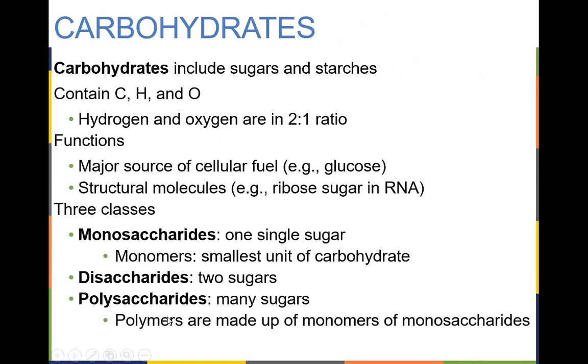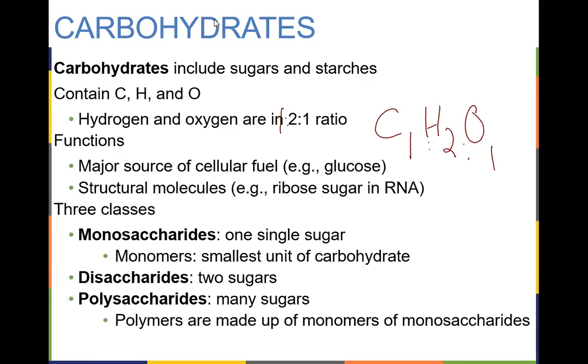Now, carbohydrates are what we use for our fuel source in our bodies. This is the first of the organic molecules. Carbohydrates are made up of carbons and hydrogens and oxygens. They show up in a 1 to 2 to 1 ratio. For every carbon you have, you're going to have 2 hydrogens and 1 oxygen. So that gives you a 1 to 2 to 1 ratio. You should say 1 to 2 to 1: 1 carbon, 2 hydrogens, and 1 oxygen.